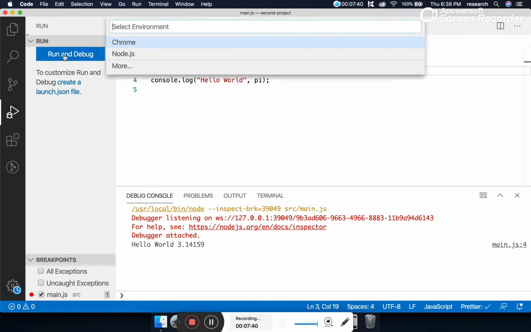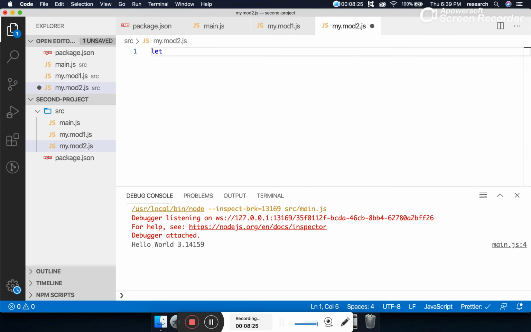So let's create one more module, my.module2.js. So what we are doing is module management. In this module I am not exporting only variables, we are going to export some functions. In the last module we learned how to declare a function. Let sum is equal to, like this. This is an arrow function. Let's say my sum takes two parameters, n1 and n2, and it will return n1 plus n2.